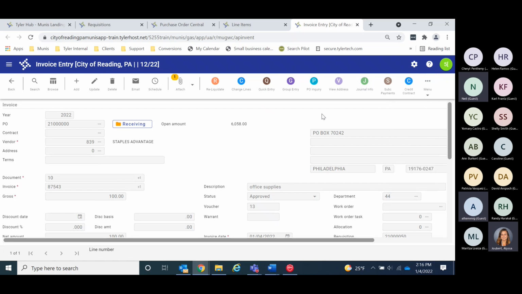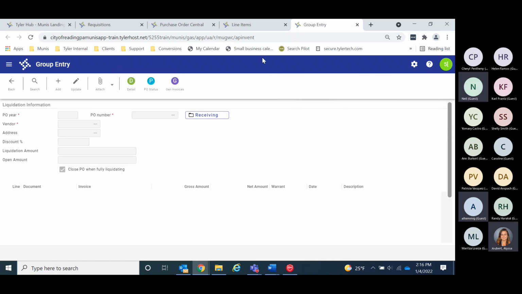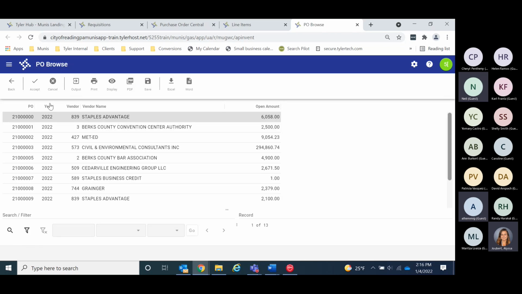The one that I skipped over, group entry. There is an option using group entry to enter multiple invoices at once against the same PO. So if you had a situation where you do have a blanket and you wanted to quickly enter in the invoices against that blanket, all you'd have to do is click on add, enter in the PO number that you want to use,